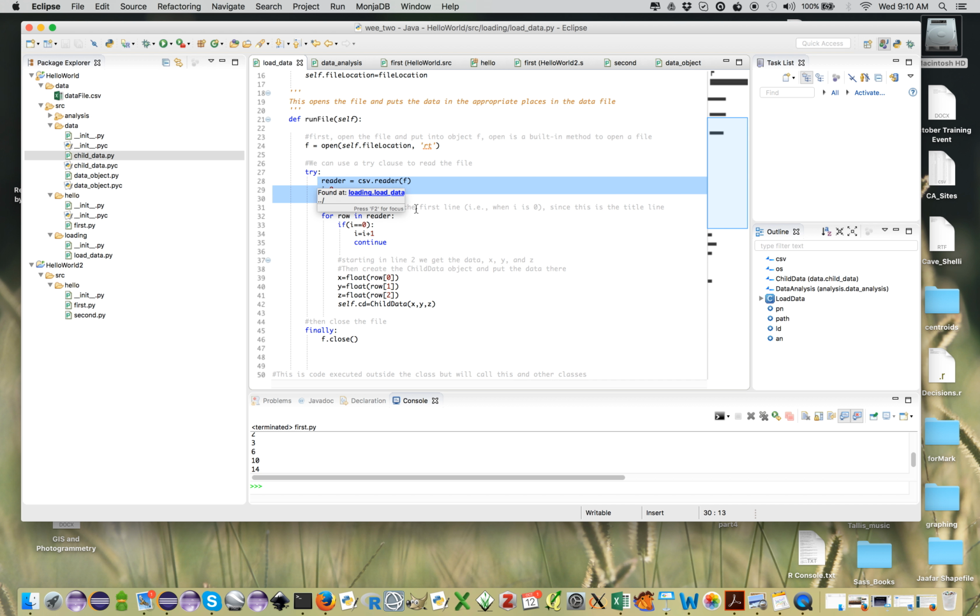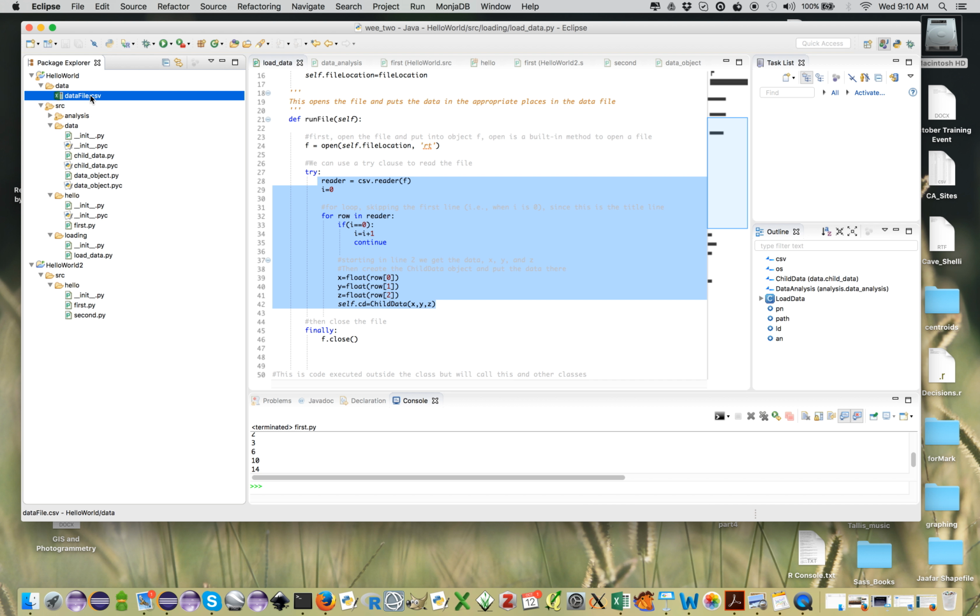So try clause is a way to execute a block of code. You don't need it, but it's a good way to look at potential errors that may arise. It's a good way to isolate some key code in a related functionality. The related functionality in this case is opening a file and reading through that file data. So from the actual file, in this case, a file I've called data file, which is located in the data